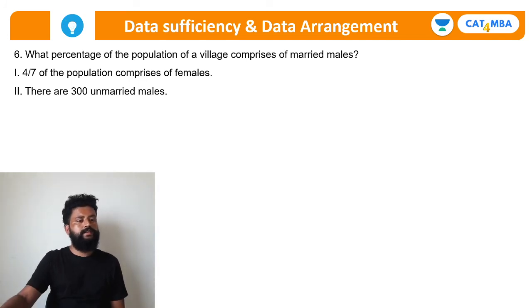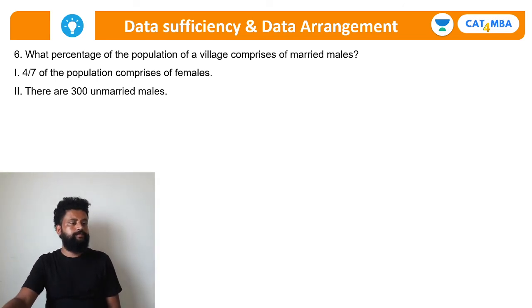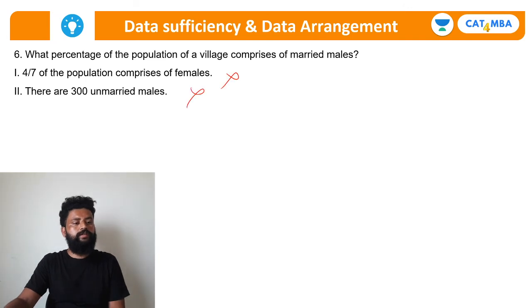There is nothing related to married here. Okay, so 4 by 7. There are total unmarried male 300. So even these are not sufficient. This is not sufficient information. So that